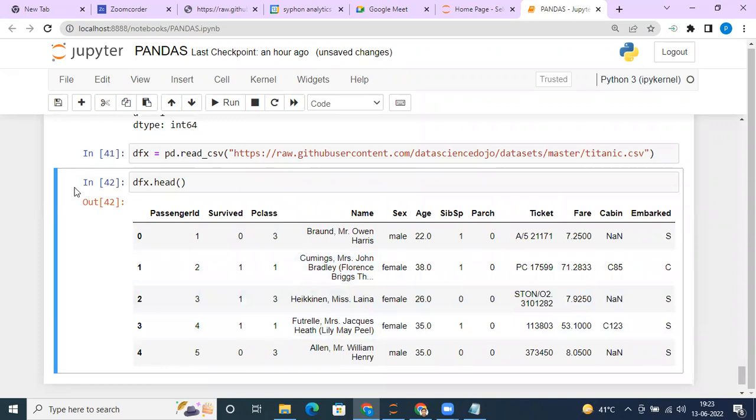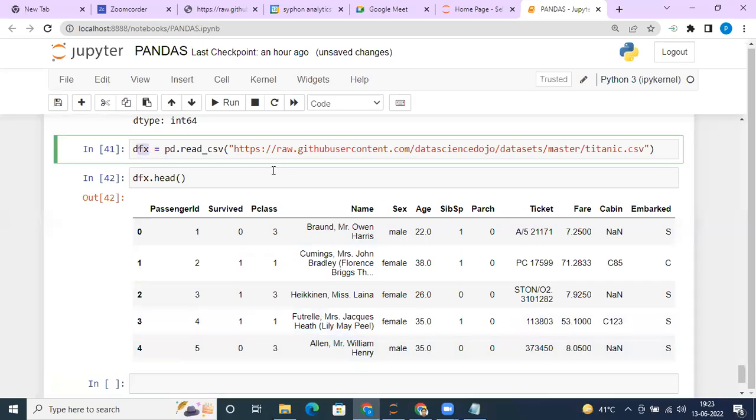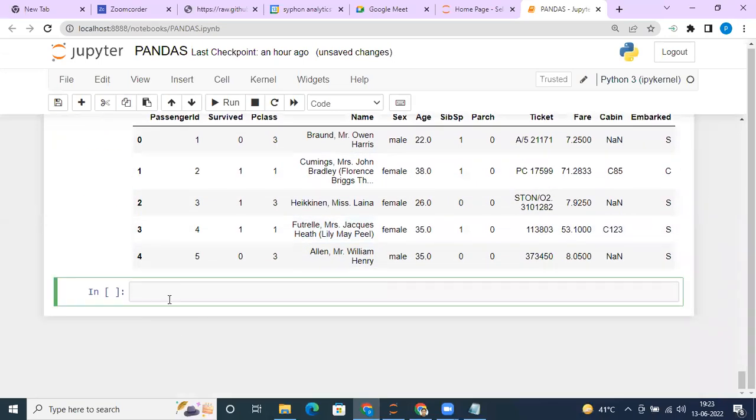How? Simple. You can come here and save it on your system. What is the variable which is holding your data? That is dfx. So you can mention dfx.to_